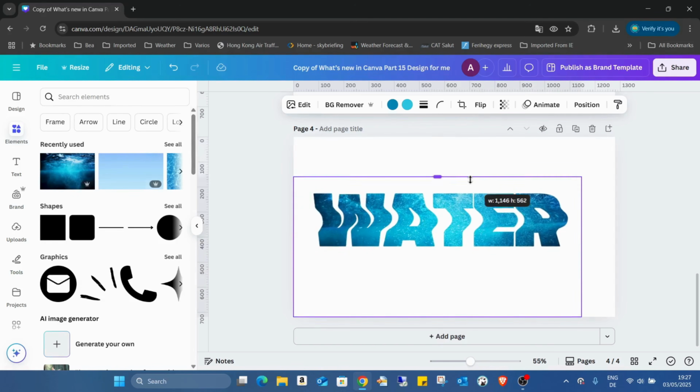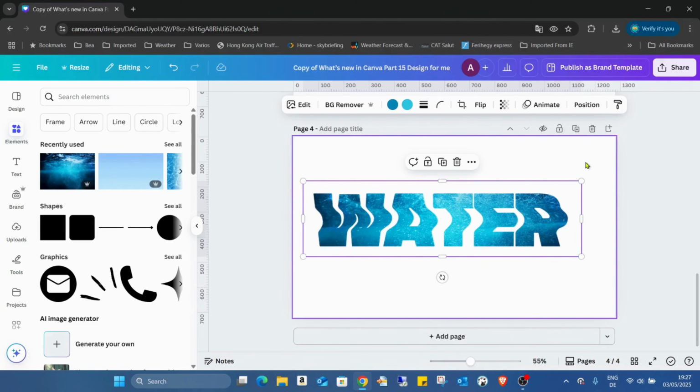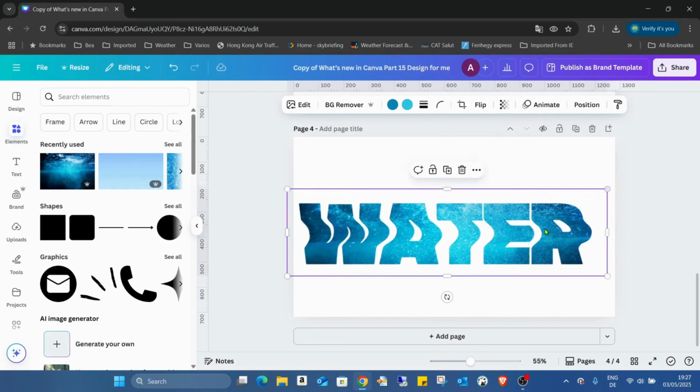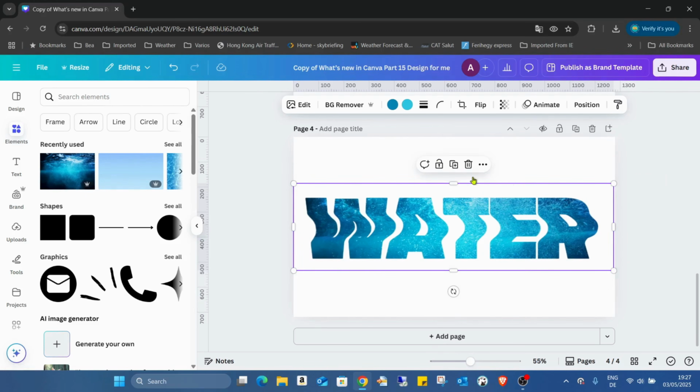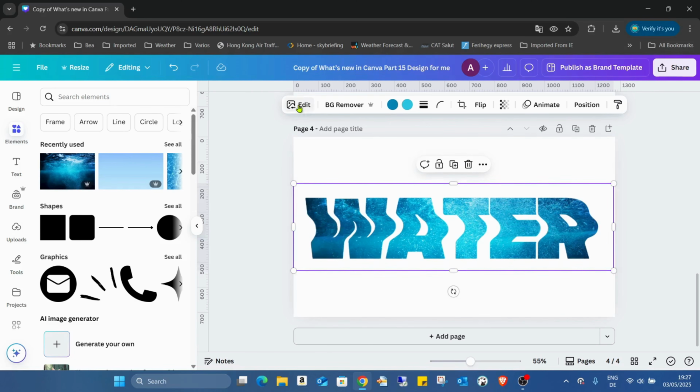I just cut the borders a bit, increasing. No, it's too much. Like this, and it's already an image. That means I can go into the edit,